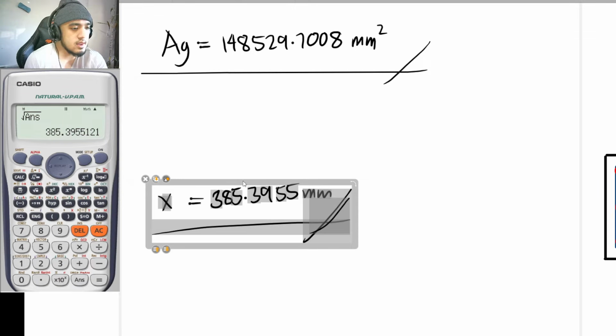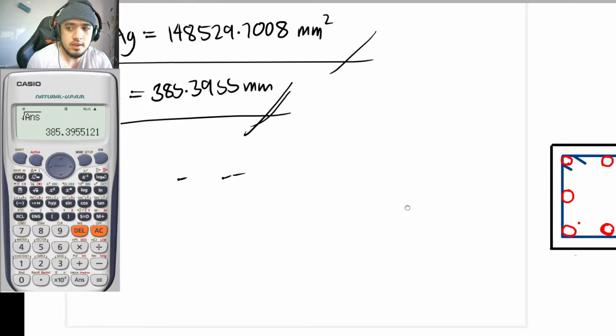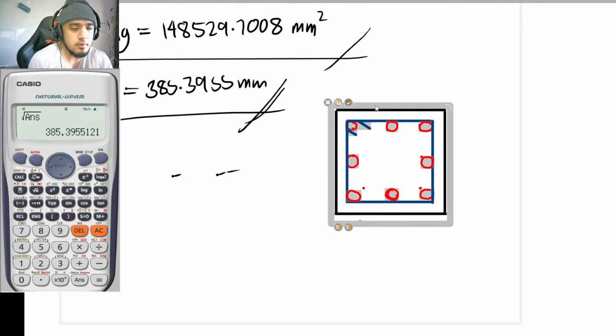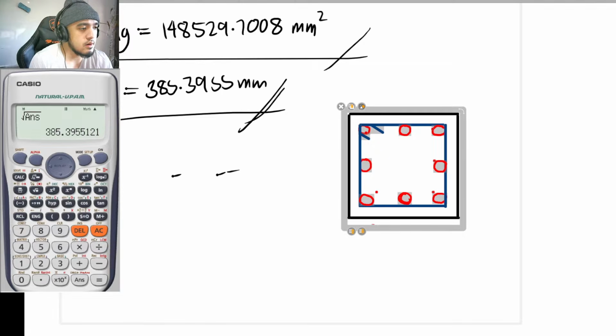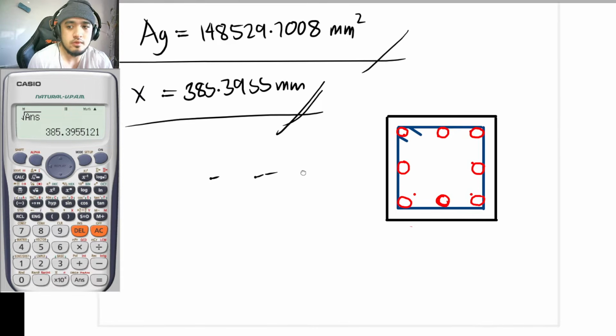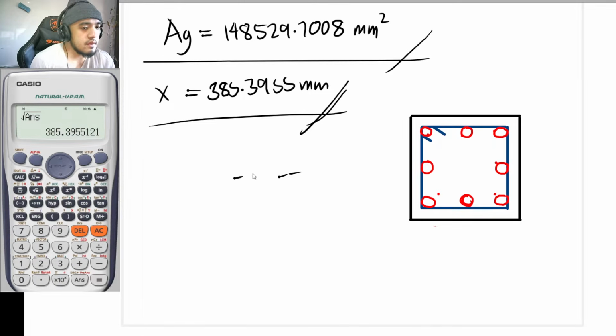So let's say that this is to be our certain section. Okay, so let's say that that is to be our section, which you are seeing here. So I would just be moving them here. Okay, so if that is to be our section, I have arbitrarily placed longitudinal bars here